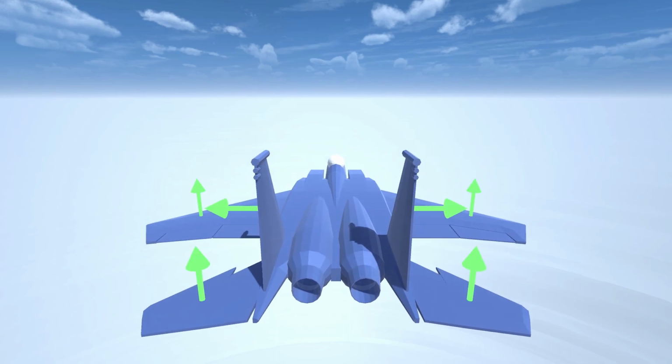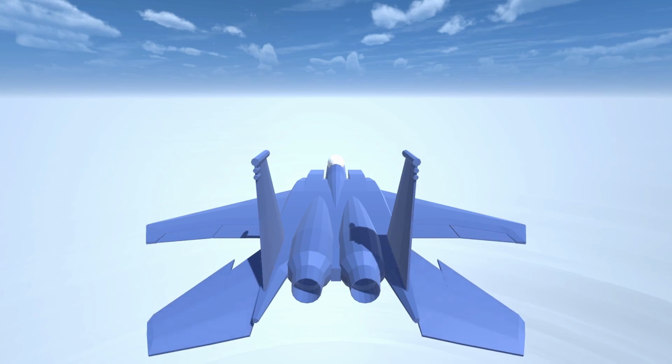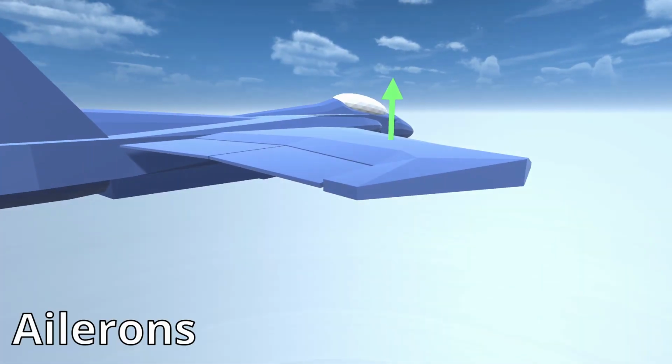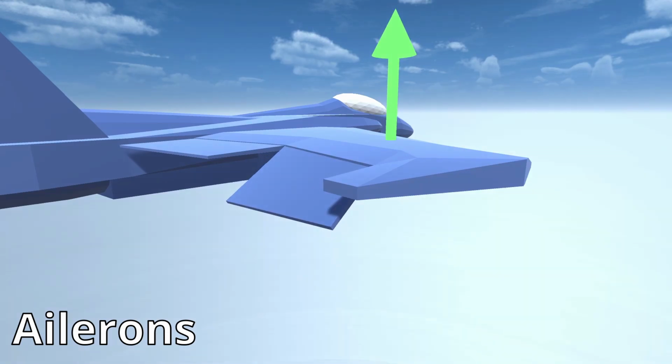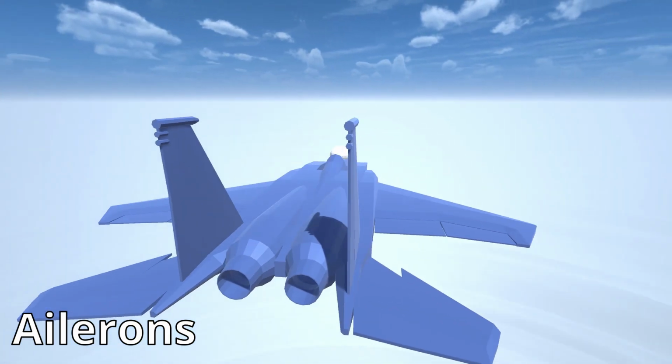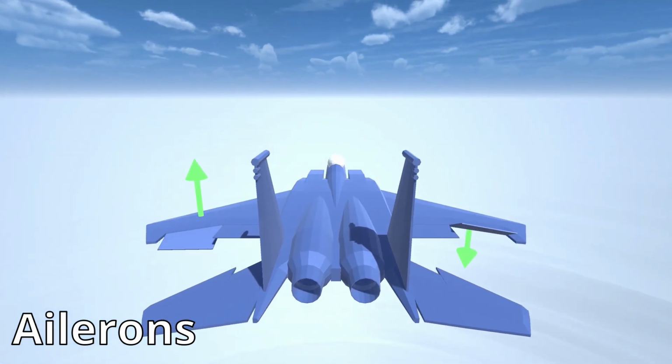The plane turns by creating an imbalance of lift across these airfoils. The imbalance is created by moving the control surfaces, which alter the amount of lift generated. The control surfaces on the wings are called ailerons. When the aileron moves down, the lift increases. When the aileron moves up, the lift decreases or even goes negative. So when one aileron goes up and the other goes down, the net effect is a torque that causes the